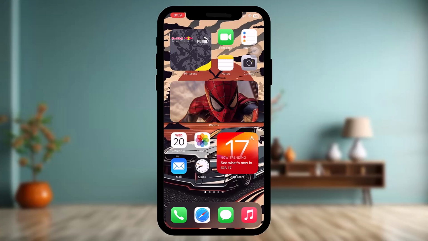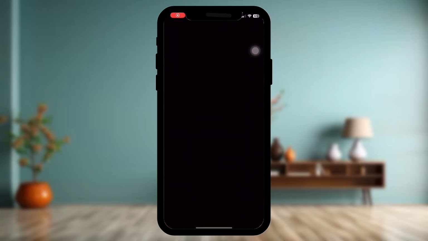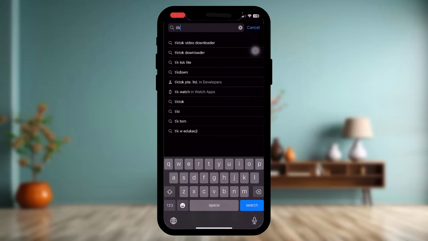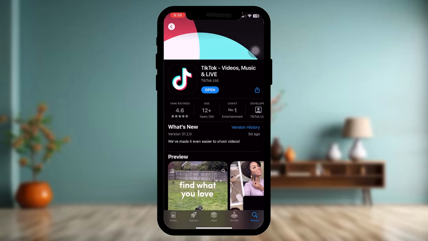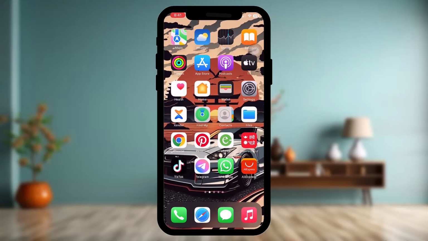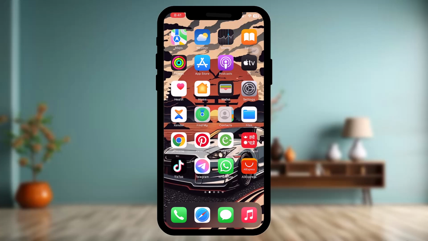So the first thing that you need to do is open up your app store, and on the search bar simply type in TikTok and then tap on the app and check to see if the app is up to date or not. Sometimes the older version also might be causing the issue that you are facing, so a simple update might fix the issue. So once you do that, if the issue is still there, then what you can do is head over to